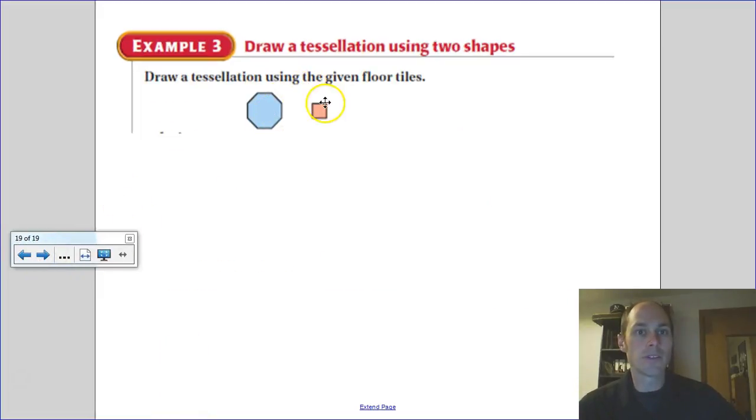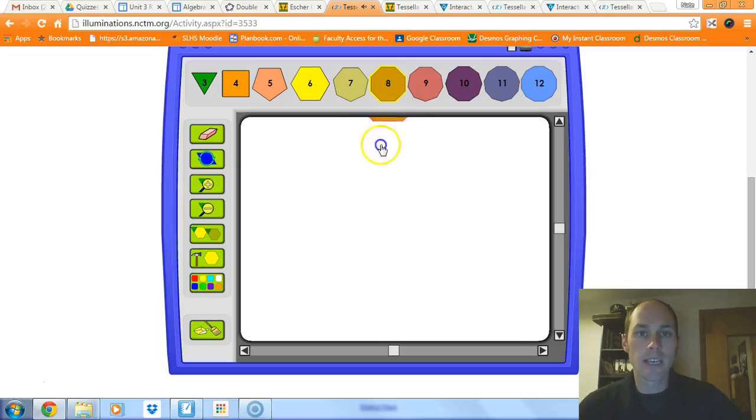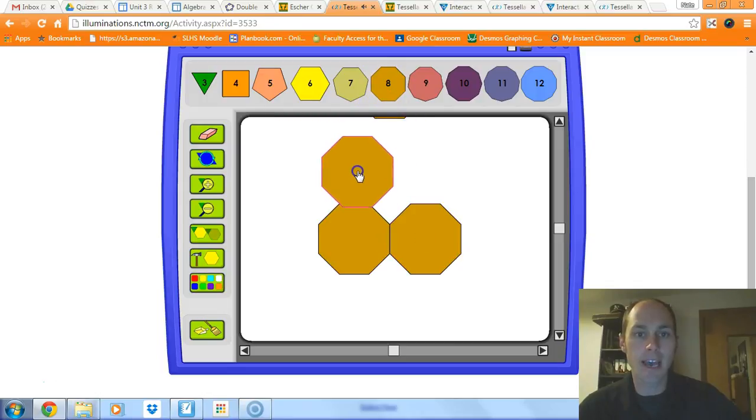So, if we use two shapes, same thing. I could put those together to form a tessellation. It doesn't have to just be one shape. So I could take the octagons that didn't fit before, but notice that there was a gap in between those octagons. And if I put a square in between and rotate it over,